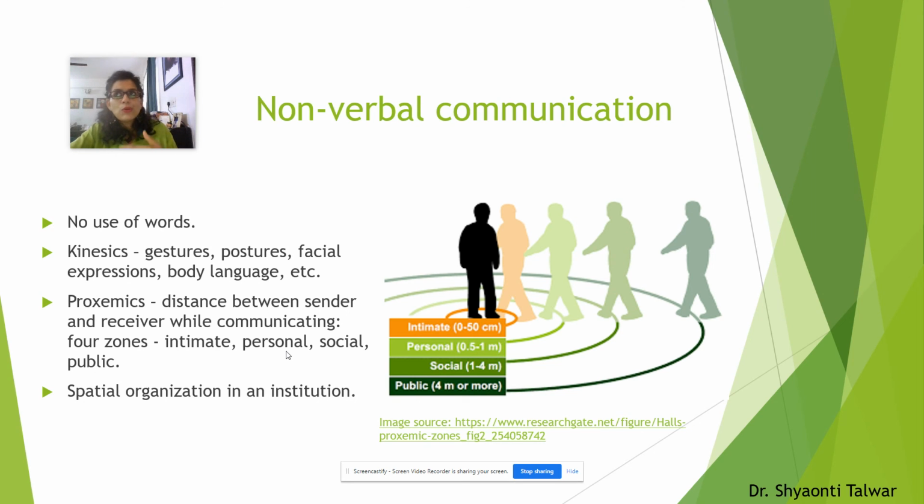And even if you look at the way organizations, formal institutions and office spaces are structured, for example, if you enter the college staff room, you will have chairs around everywhere and teachers sitting. But when you want to enter the vice principal or the principal's cabin, there'll be a peon standing there, the peon will let you in, and then there'll be a space, and then the principal will be sitting behind the desk. So there is a level of formality. There's proxemics which comes into